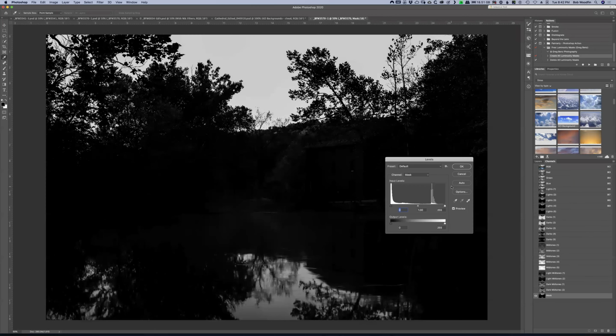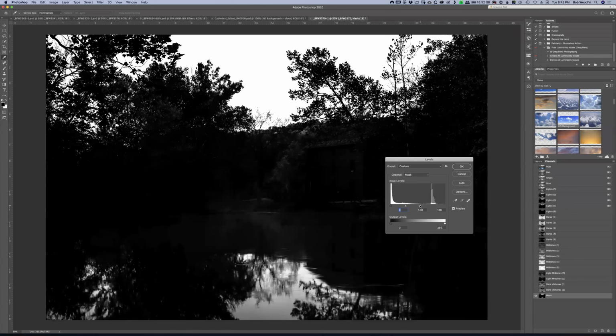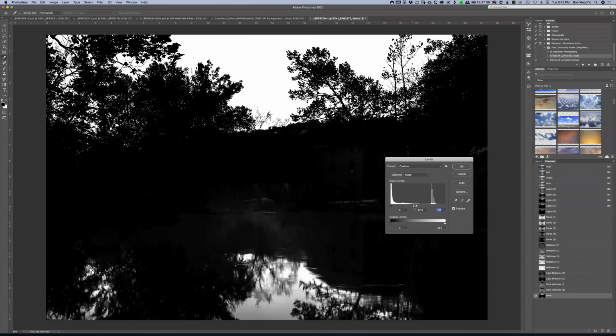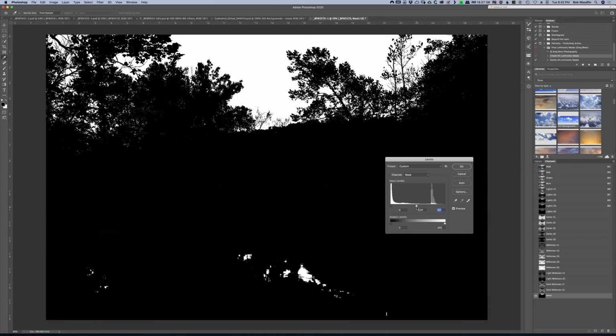And I'm going to use levels to try to adjust the sky to make it brighter and keep the trees dark. So the first thing I'm going to do is push the whites over to the left and see how it's making the sky brighter. And I keep pushing it. And then I have a little bit of grays in here. So I'm going to take the midtones and push them back the other way, and it's going to remove those grays. Okay. So basically I've just made a much nicer mask of all the trees by using this luminosity mask and